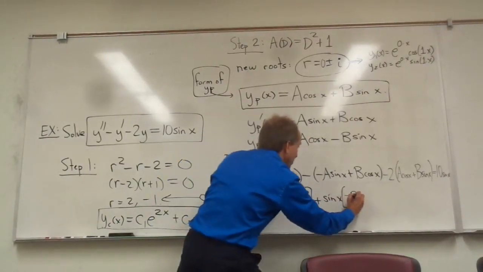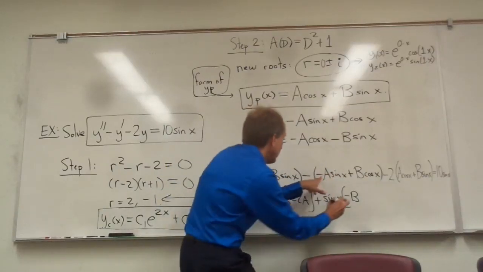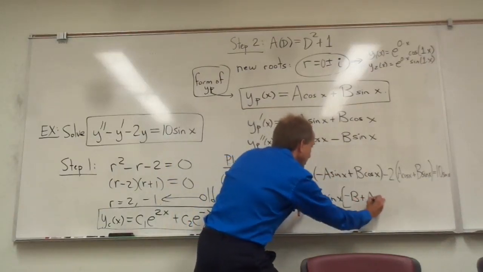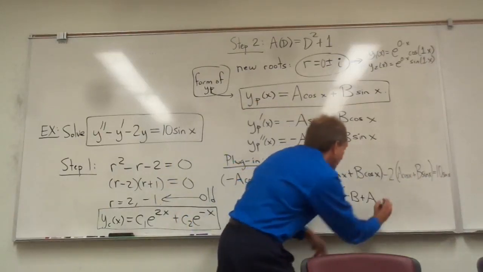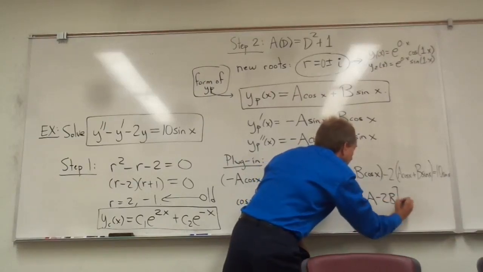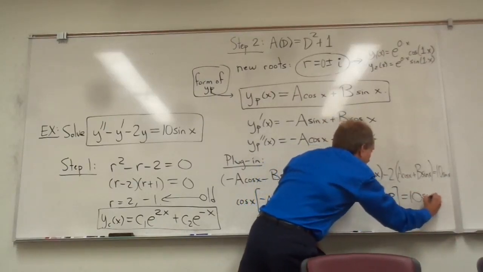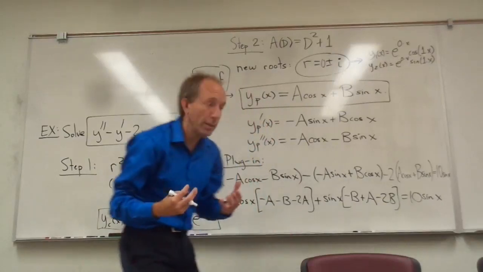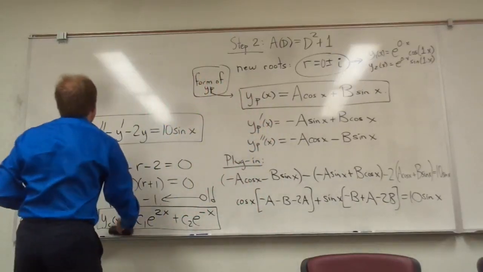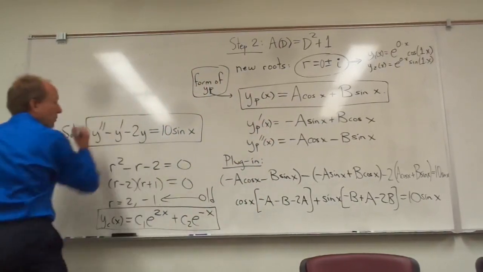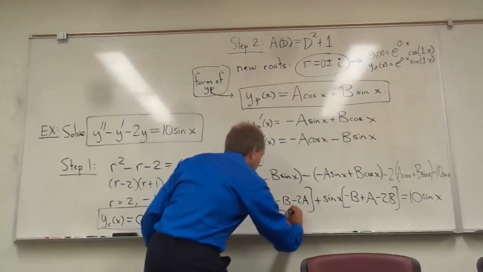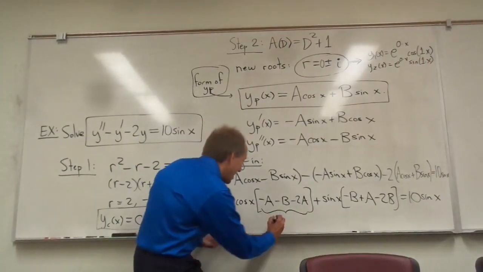I have negative b here. Here I have 2 negatives that makes a positive a, and I have a minus 2b over there, equals 10 times the sine of x. I'm trying to solve for a and b right now. So what I really can say is that this cosine coefficient has to be